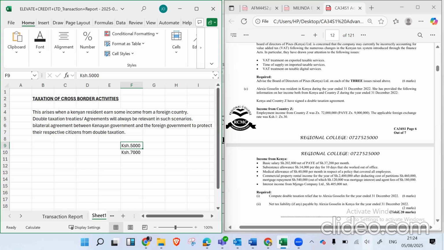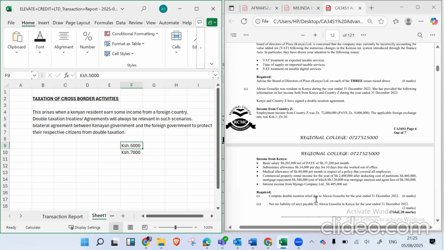The tax system of Kenya is very different from the tax system of Uganda. That income, a Kenyan resident earning income in Uganda, we always say that income is assumed to belong to Kenya for tax purposes. Hence, it's supposed to be taxed in Kenya. So in Kenya, we calculate the tax regardless of how much you paid in Uganda. Ile income ume-earn huko ni ngapi? 50,000. Kwa hiyo 50,000 sisi kama Wakenya tunataka tax ya ngapi? Tunataka tax ya 7,000. Then we stop there. We now go to the next step.